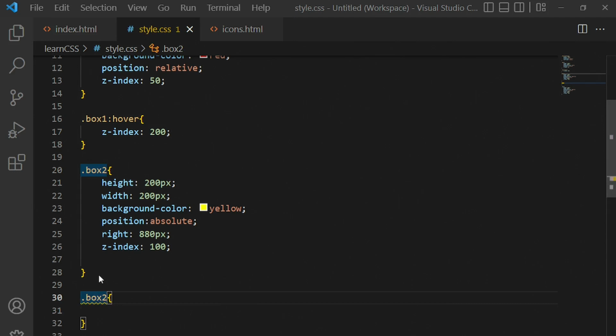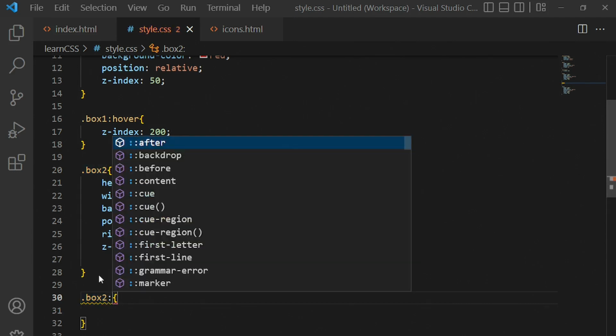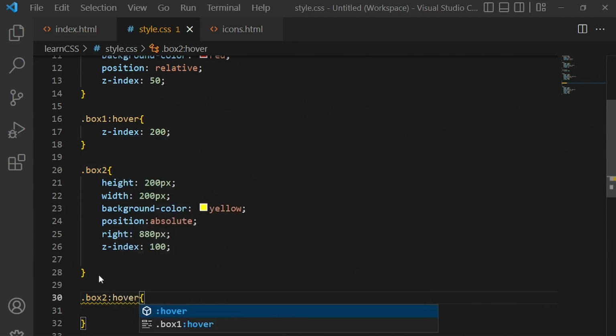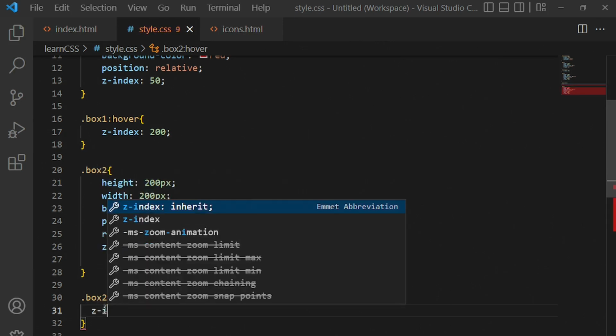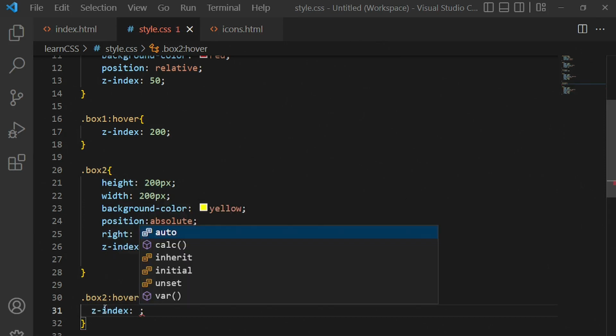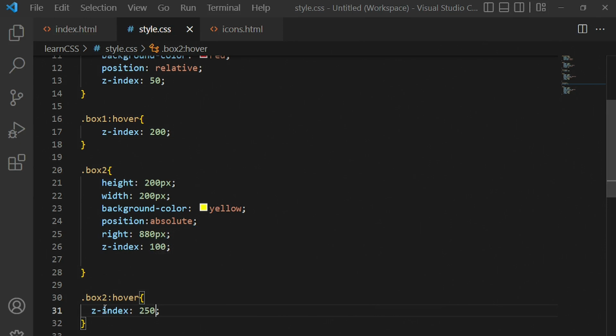All right, so here, and then I'll put on hover like this. Now inside here, we're going to give it a z-index of a bigger value, something above 200. So 250 is okay, and that means